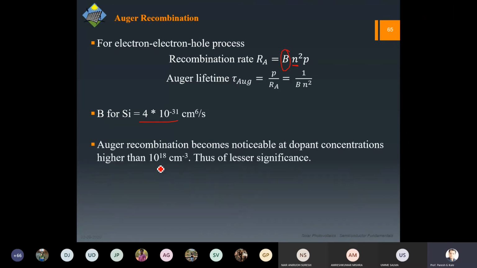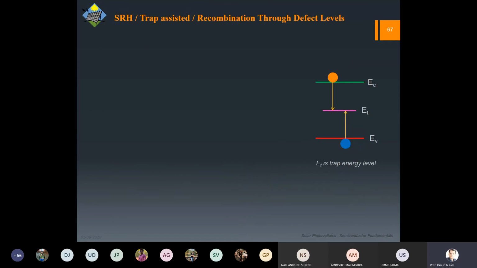Now, as far as this recombination is concerned, in higher doping it is more prone to be visible, and this doping level is greater than 10 raised to 18. And normally in a silicon cell, even in the previous numericals, we have seen that the doping is roughly 10 raised to 16 or at max 17. 16 is the most common level. So that's why Auger is not that much. However, there will be a little available.